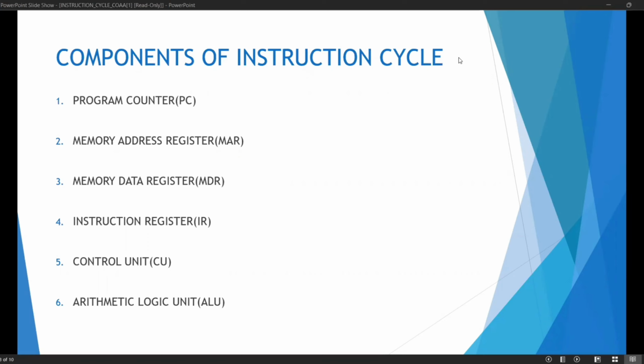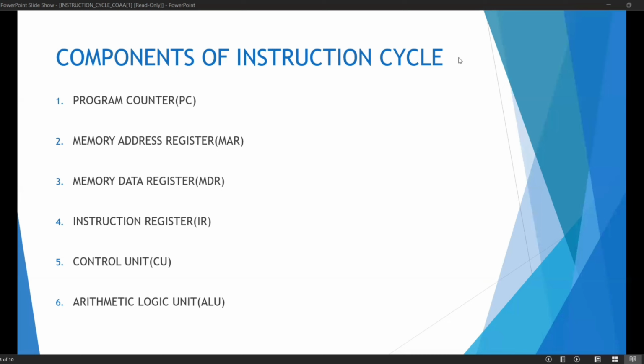So let us discuss the components that are used in the instruction cycle. The first one is the program counter, known as PC. Then there are the memory address register, known as MAR, the memory data register, MDR, the instruction register, IR, the control unit, and the arithmetic logic unit. The program counter is a special register that holds the memory address of the next instruction